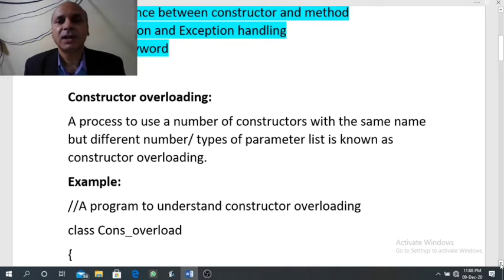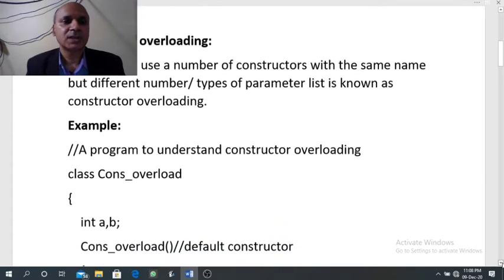Only then compiler can distinguish the difference between these two constructors at the time of calling. So example of constructor overloading you can see from the screen.